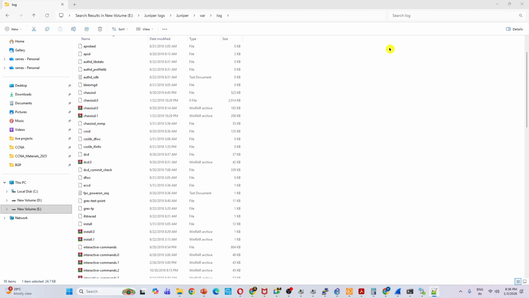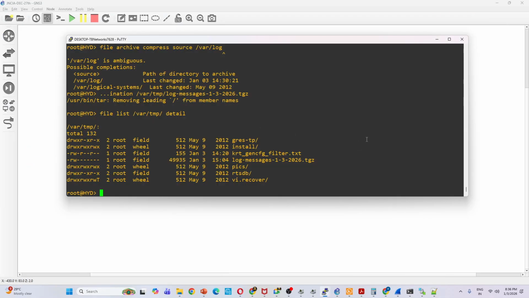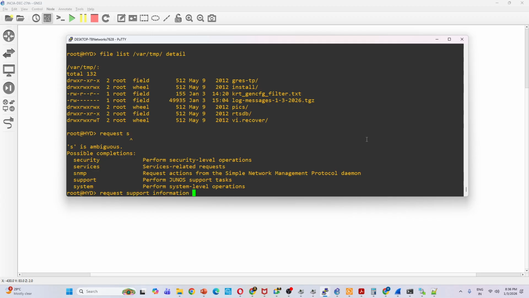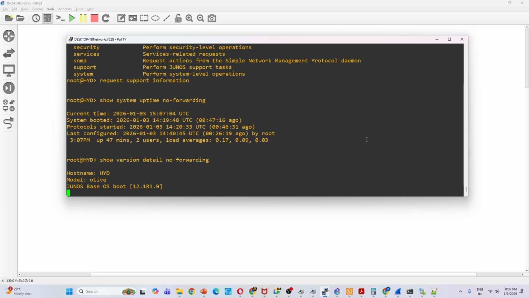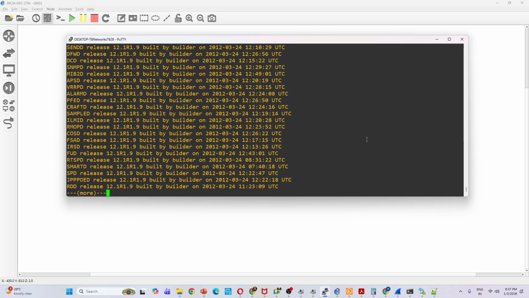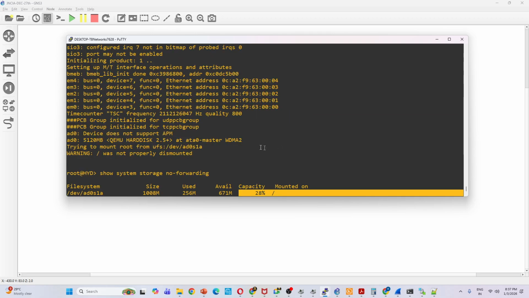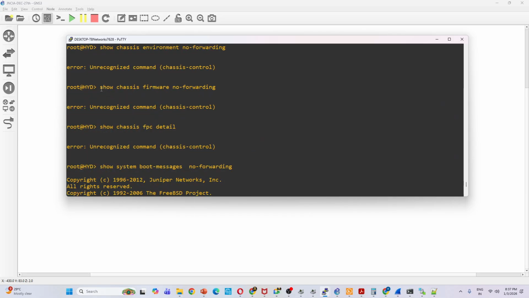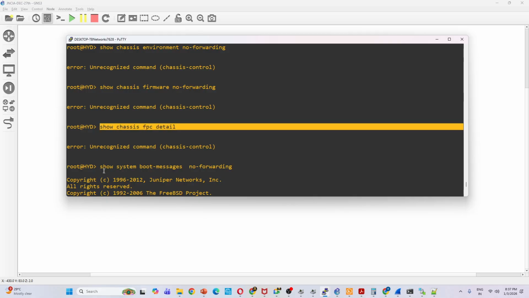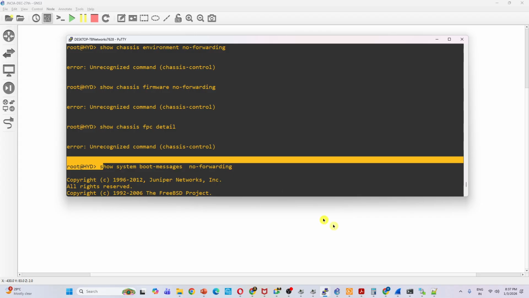Okay, so after collecting the log messages, they will ask you for the RSA also. Like show tech-support in Cisco, here we have request support information. This is a script, and request support information is a command. It will run all the predefined commands like show version, show chassis hardware details. Look at this, show system storage checks the system details. After that, show task, show chassis firmware, show chassis FPC detail. Almost 20 to 30 show